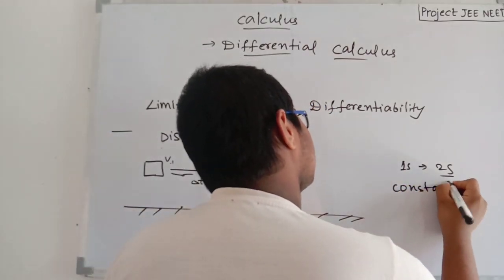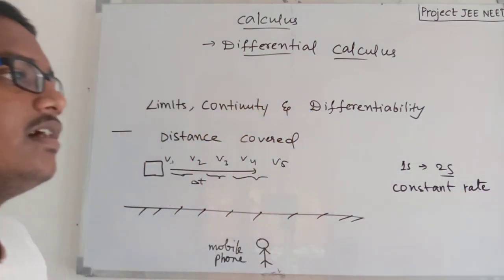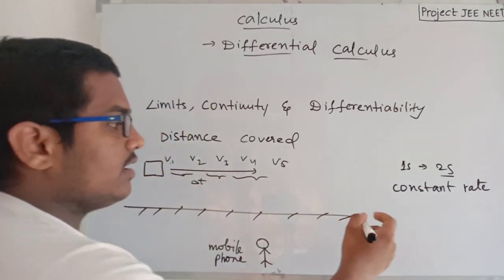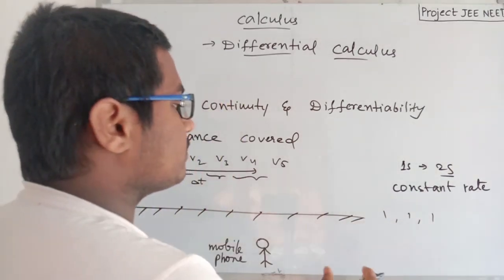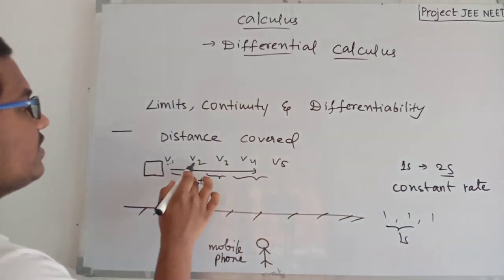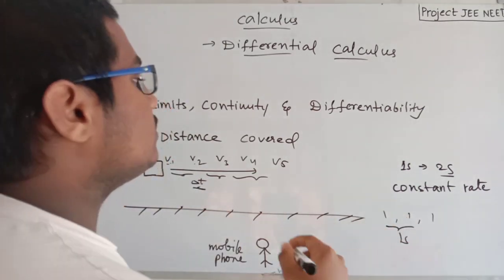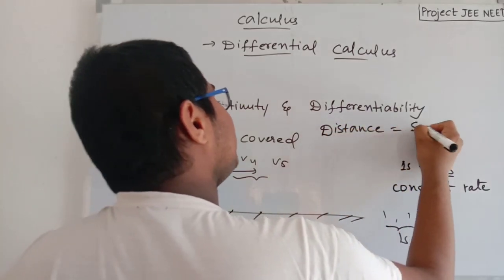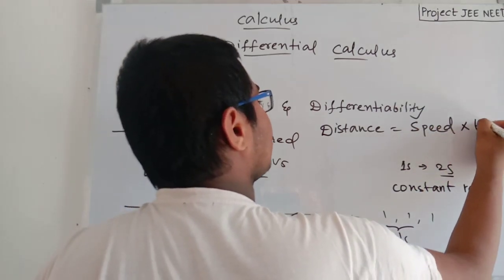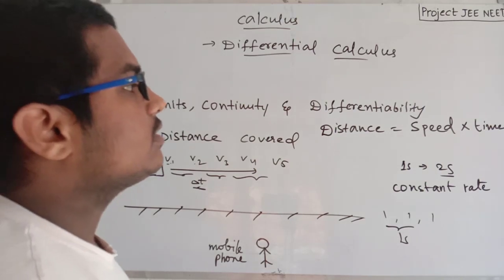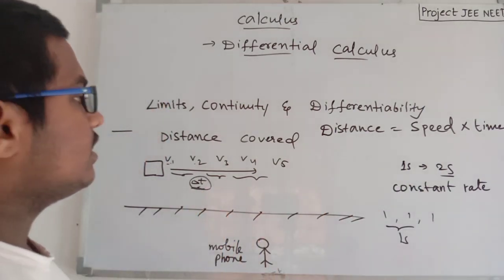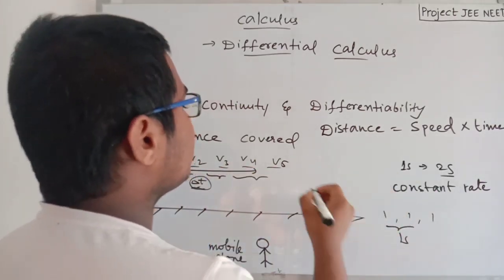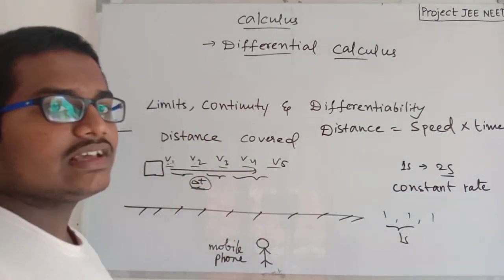At a constant rate, you have to use the camera to take photos. After taking the photos, what to do? There is a 1 second gap between one photo and the next, and v1, v2 are separated by a gap of delta t. So we have the distance formula: distance is equal to speed into time. We have a constant time interval, but we don't have v1, v2, v3, v4, v5 exactly. So we calculate by adding all the velocities and multiplying by delta t, and we get a distance.